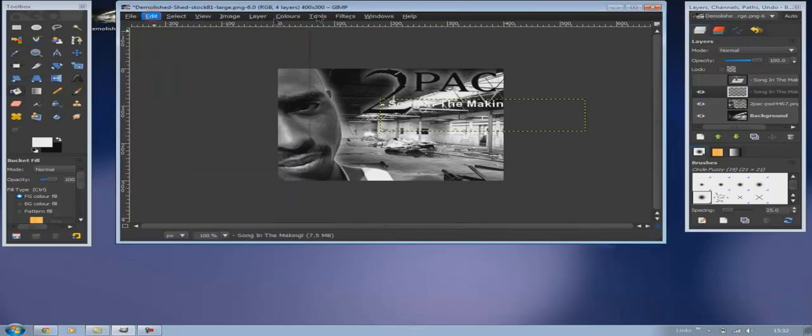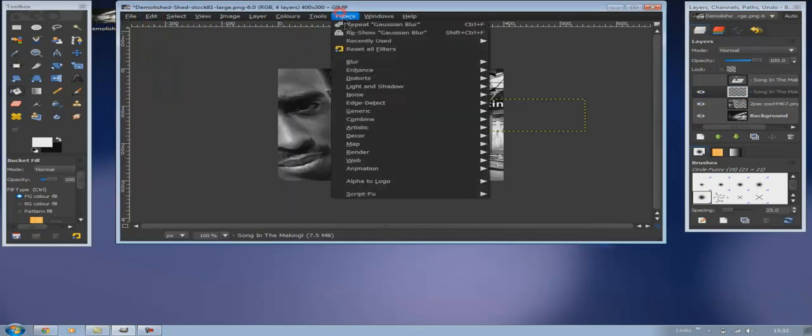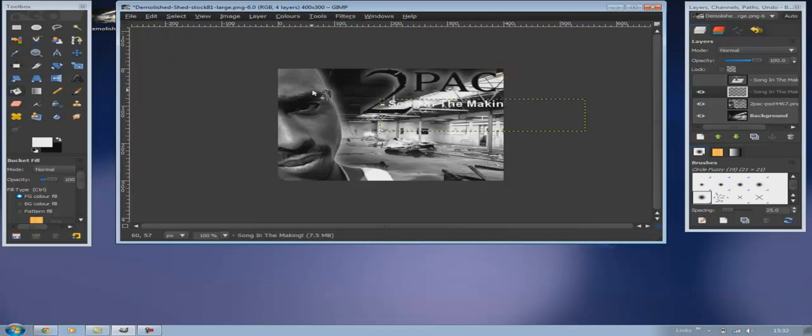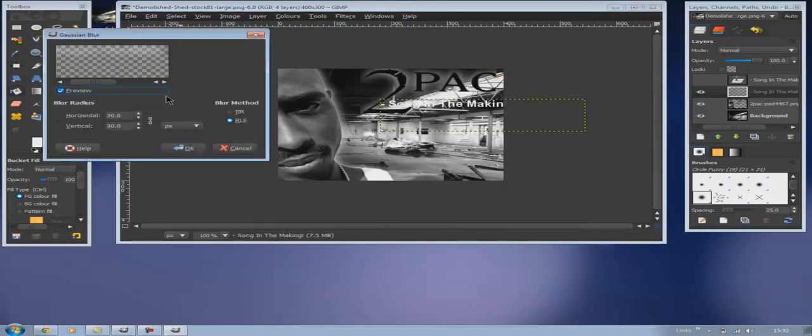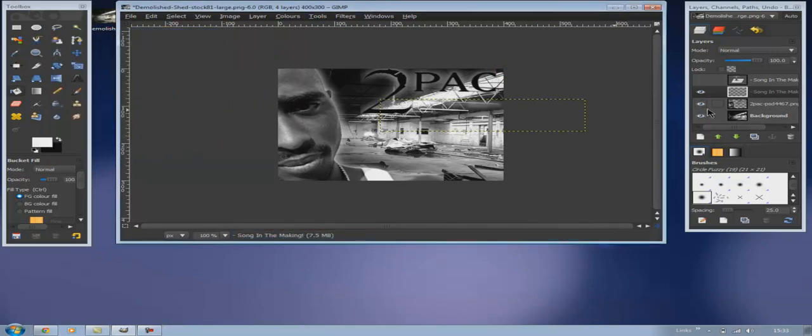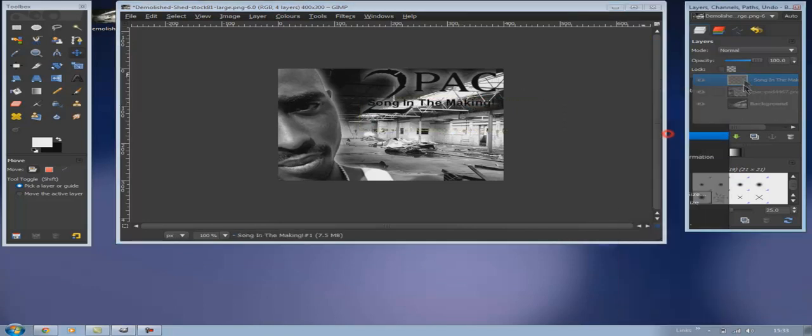Oh, I did it wrong. I've got to do it again. You couldn't see the blur. So make the top one visible. Then merge it down, then merge it down again,